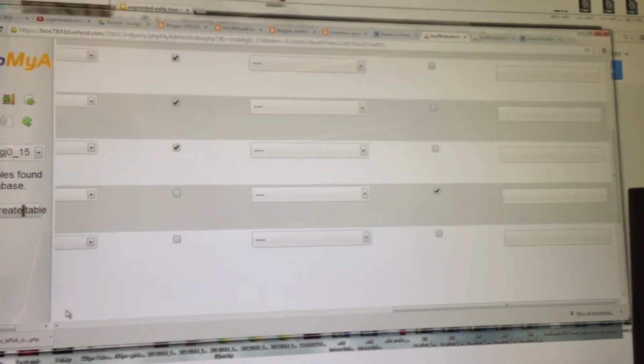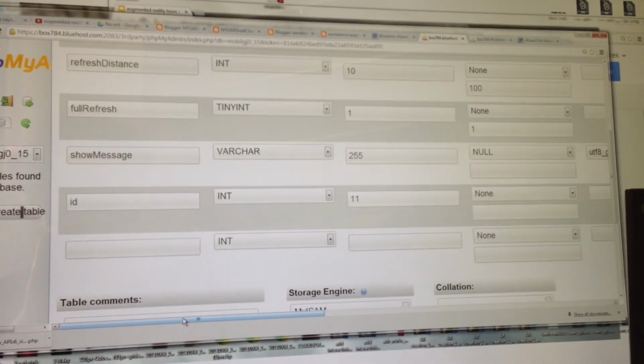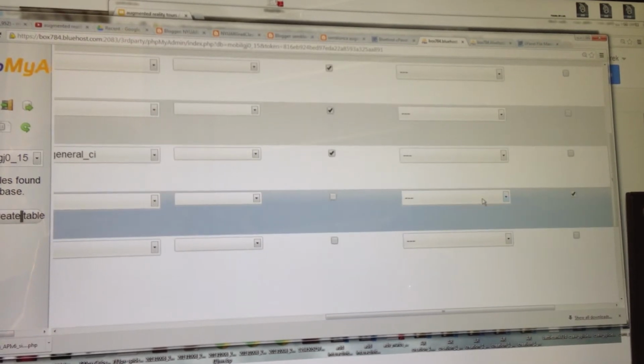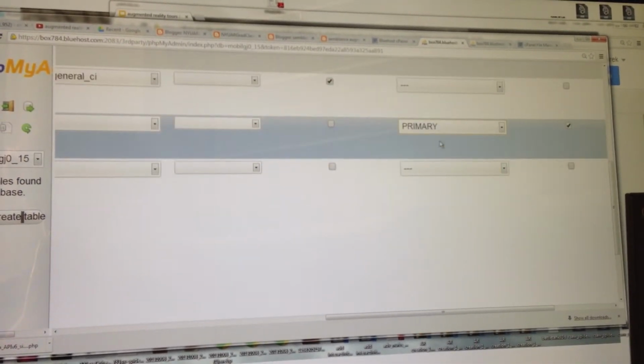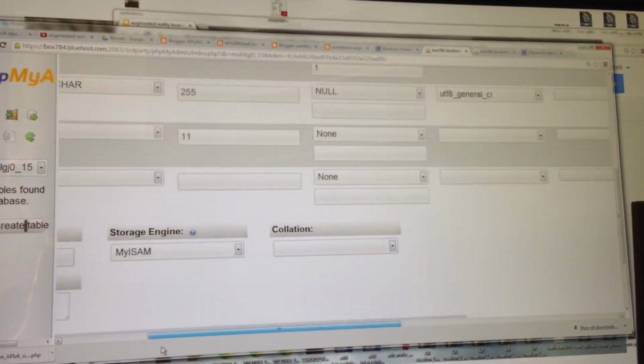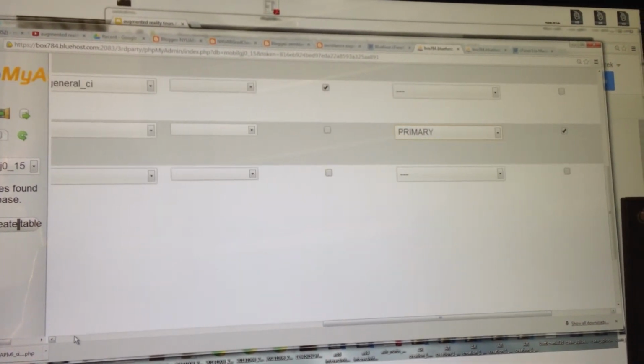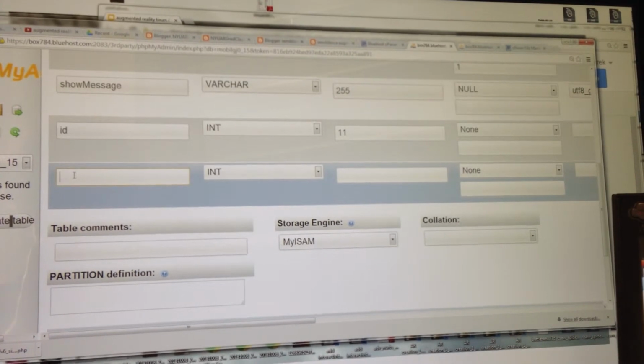Next, you can make this ID a primary one. This is the prime index. You can keep it as a primary key because the ID is the primary key. Next, the last one is